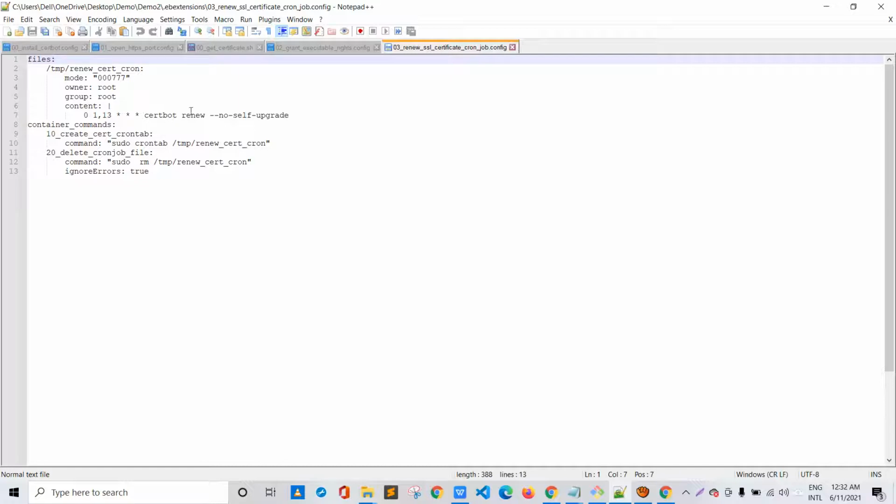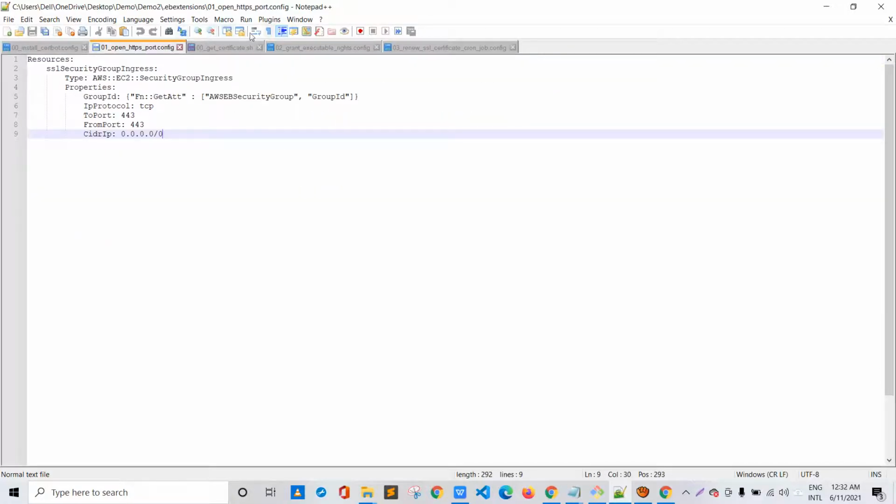Once it's expired, it will renew it automatically. So there is nothing to worry about, and you don't need to manually check the expiry date always. So this solves that issue also. So yes, currently for this automatic deployment, we have only 5 files.